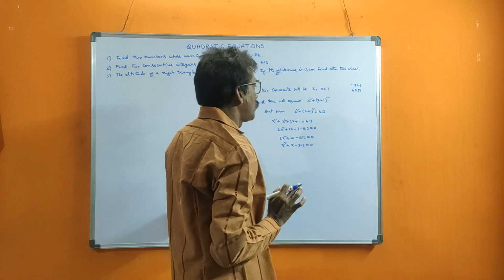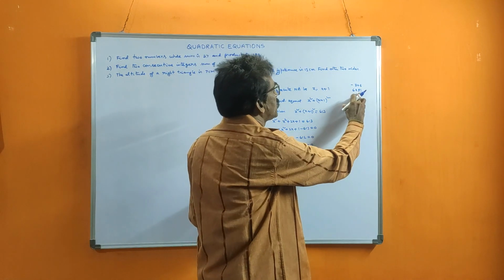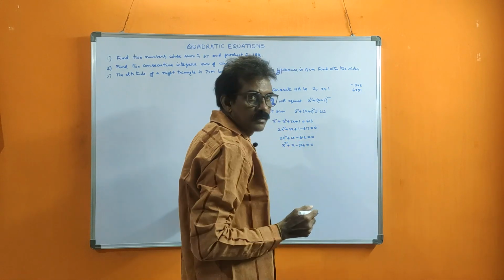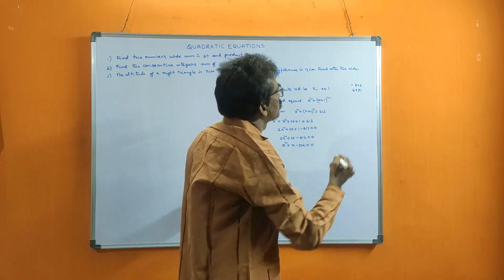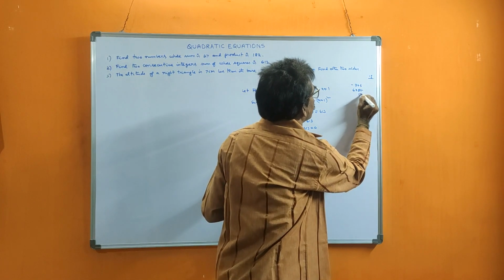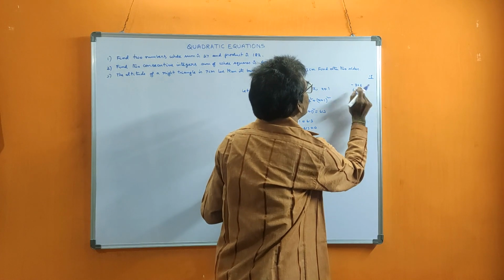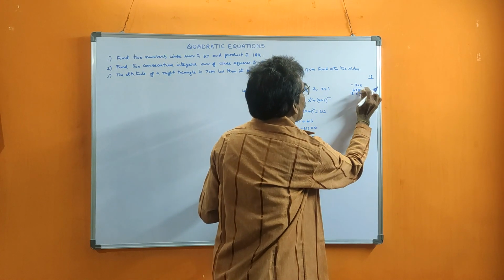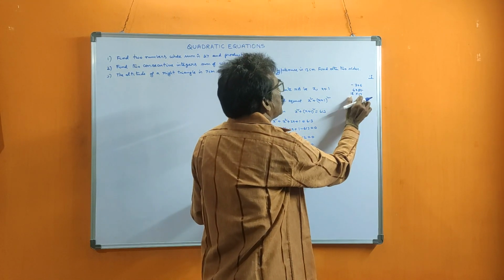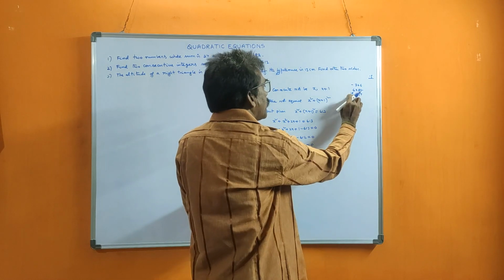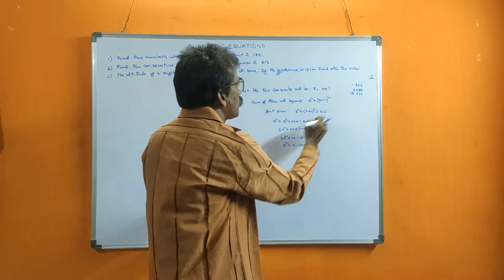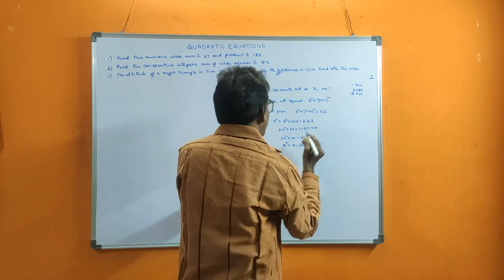Now what to do: with whichever number it is divisible, that number only you multiply. So 51 is divisible only by 17, I think. 17 threes are 51, yes. So that means with 3 I divided, with 3 only I should multiply 18. I divided this side by 3, the same 3 I should multiply, so the product will not change. Now see 1: 18 minus 17 is 1. Because minus is there, by subtracting we will get here 1. Yes.